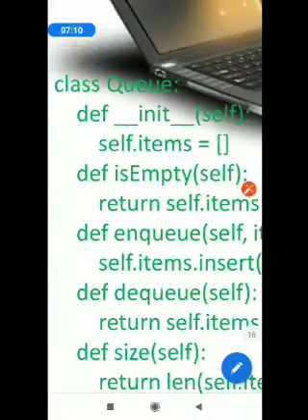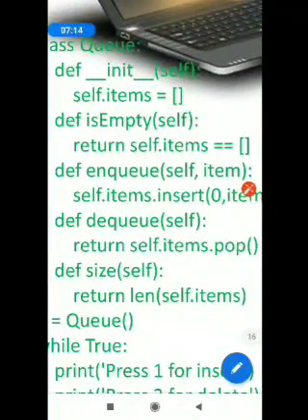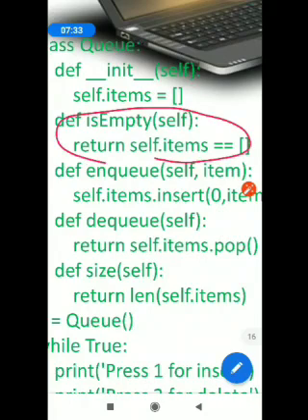Then I am checking whether the list is empty or not with the function isEmpty. It will check whether self.items is equal to an empty list. If it is empty, it will return true. If it is not empty, that means some value is there, then it will return false. So this is the second function, isEmpty.